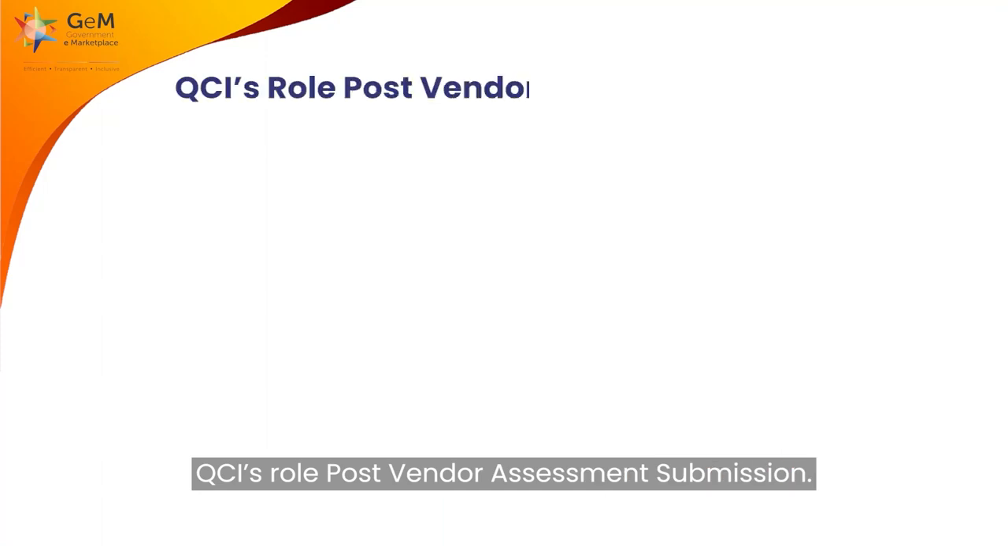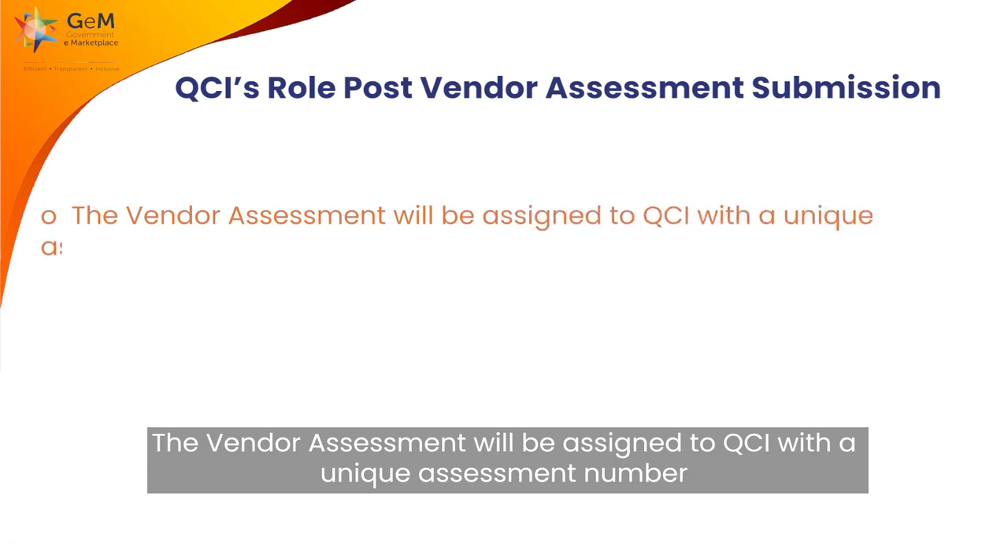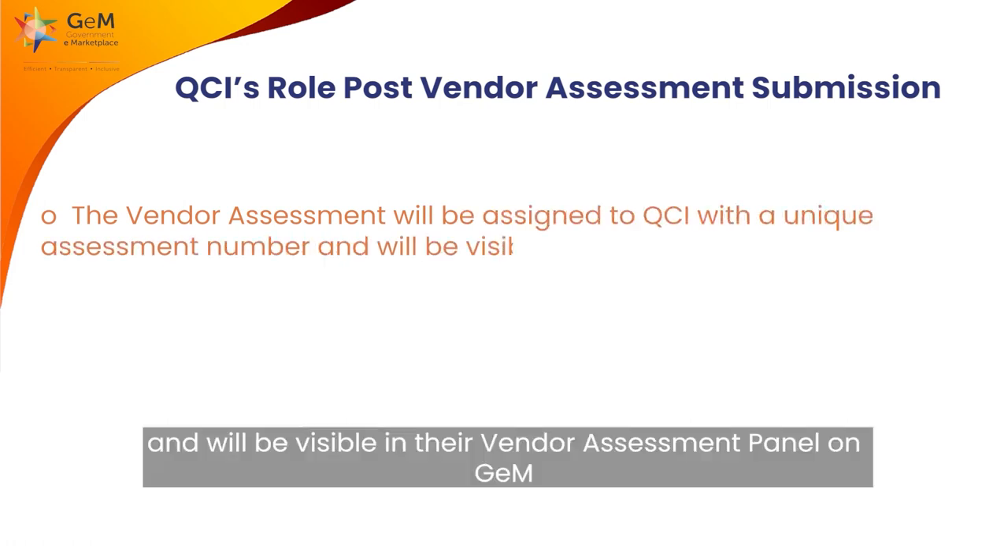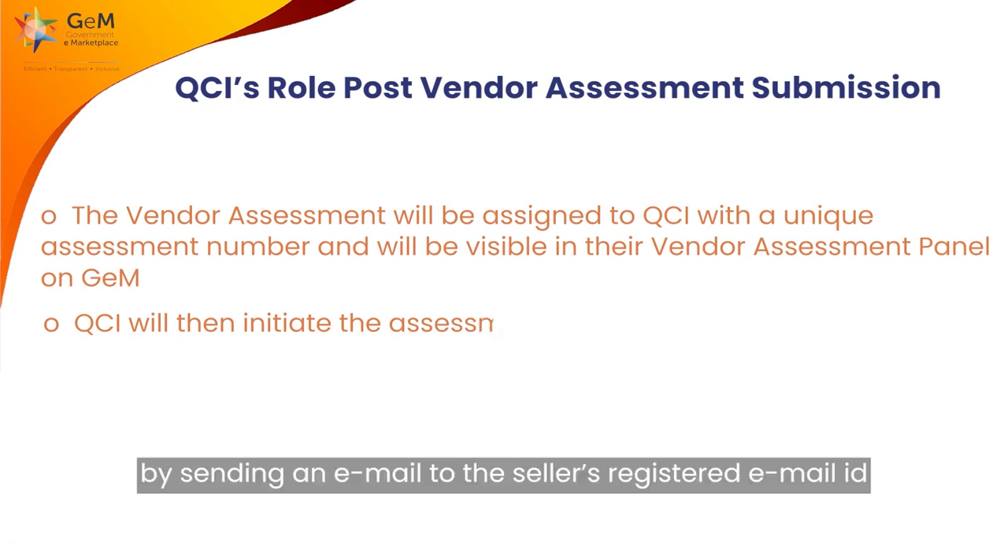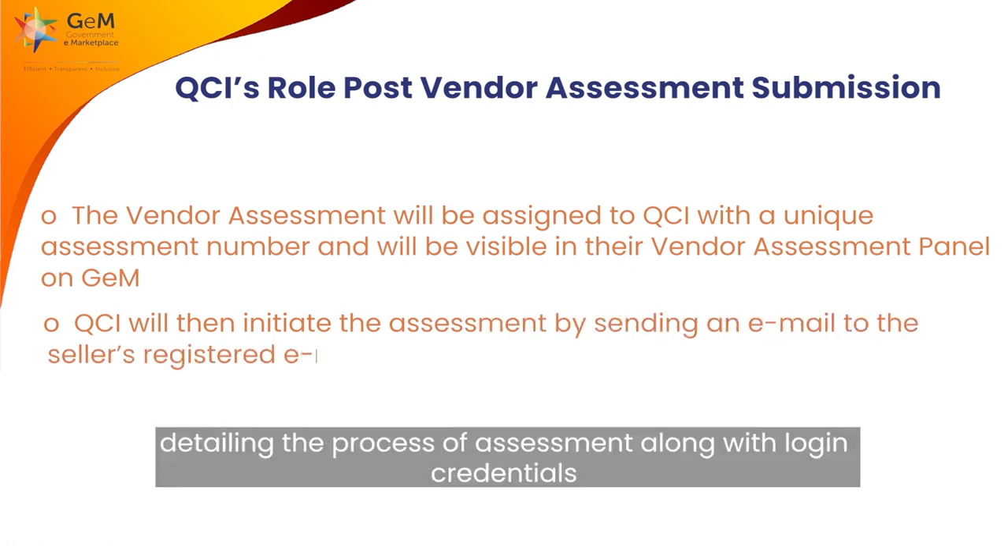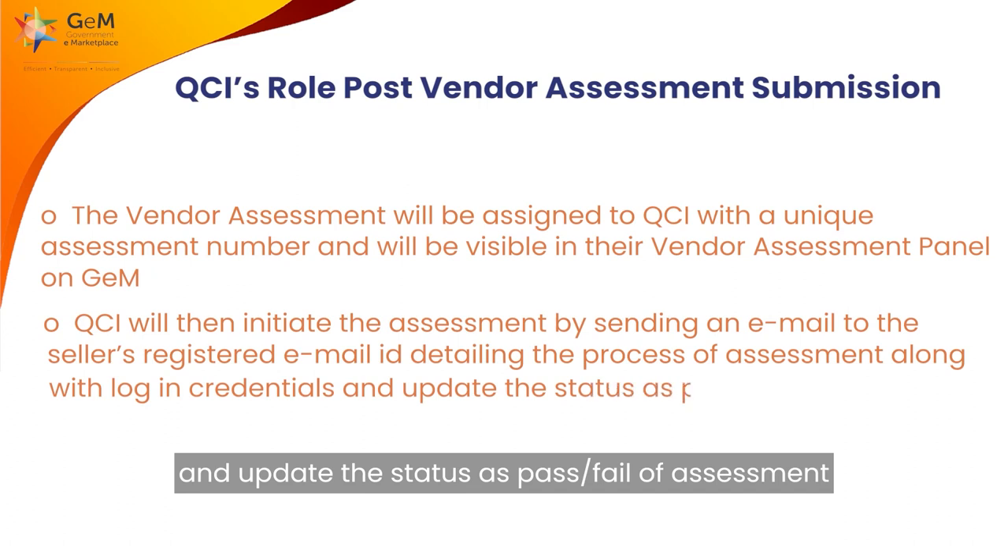QCI's role post vendor assessment submission. The vendor assessment will be assigned to QCI with a unique assessment number and will be visible in the vendor assessment panel on GEM. QCI will then initiate the assessment by sending an email to the seller's registered email ID detailing the process of assessment along with login credentials, and update the status as pass or fail